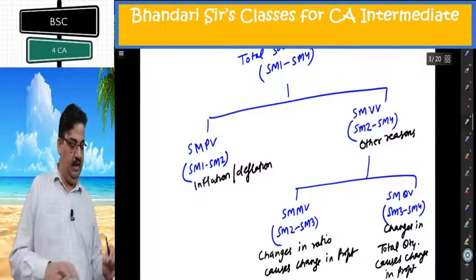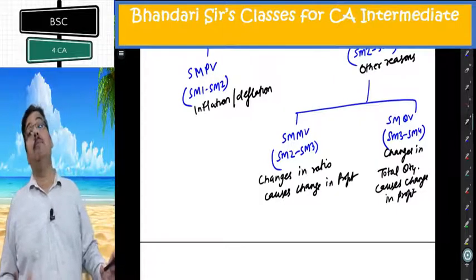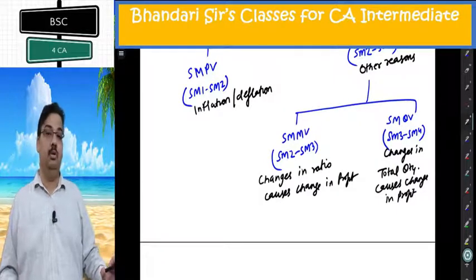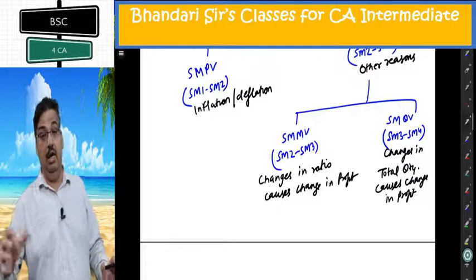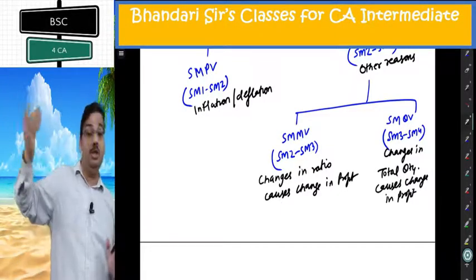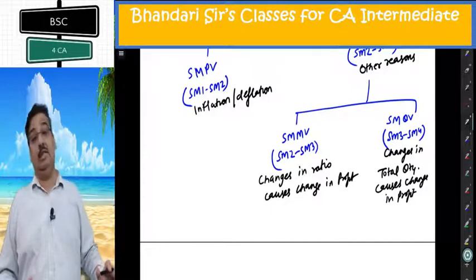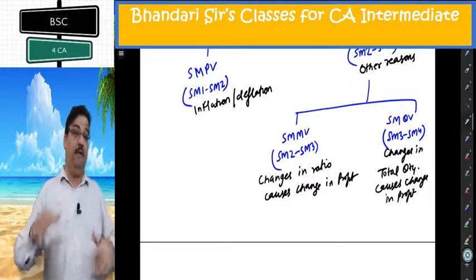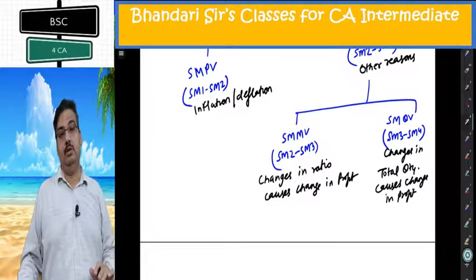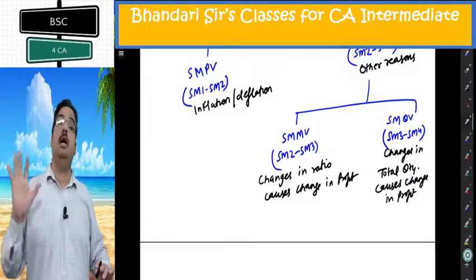It may happen that there is mix positive, quantity negative, or vice versa. There can be compensating effects also. Anything can happen. You changed into a better mix. You considered a product having higher margin per unit. You increased its quantity and decreased the quantity of the other. But total sale quantity was less than what you budgeted. So one thing positive, one thing negative, net off is volume variance. This is the second category of variance, which is sale margin variances. I hope it is clear.